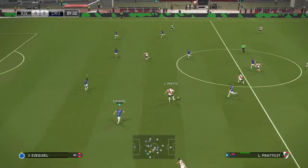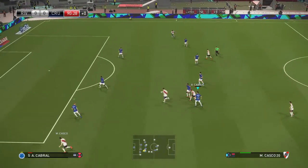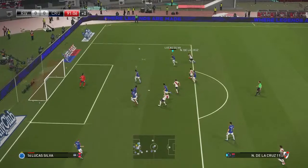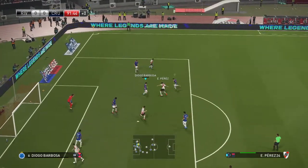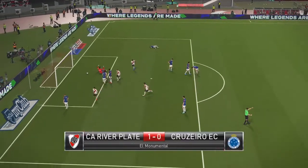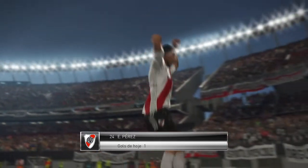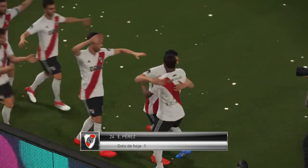Enzo Perez. Tries a through ball. And shoots! Tries one! He's delivered all right! And you can't but admire that from a player from whom we expect to come to the fore at crucial moments. Doing it, however, is another matter, and his influence